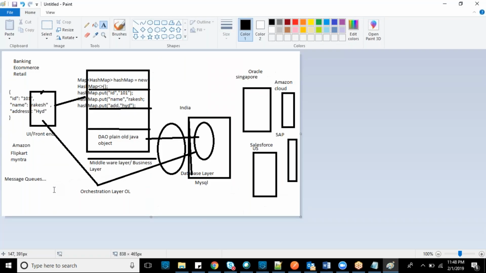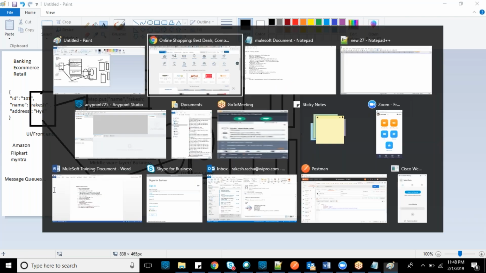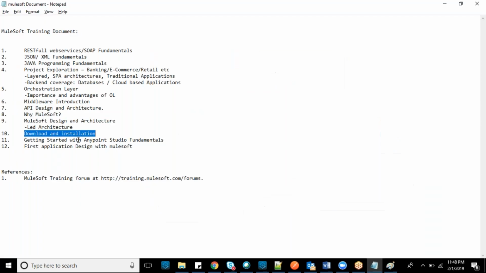So now the part is downloading and installation. Getting started with Anypoint Studio fundamentals, first application with this. Do you know what Anypoint Studio is? Have you heard of it anytime? It's like Eclipse. This is one kind of software. You can directly go here and download